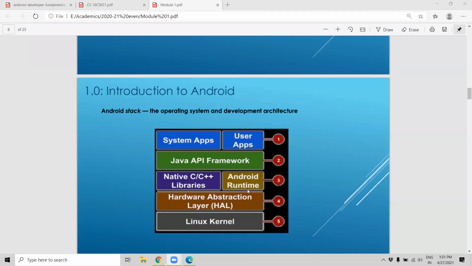This is already developed by Google. This is not the part we are going to write. This is just the libraries. What we are going to write is in the second layer, the Java API code. What finally we see in the mobile, these user apps, is where we write this code.